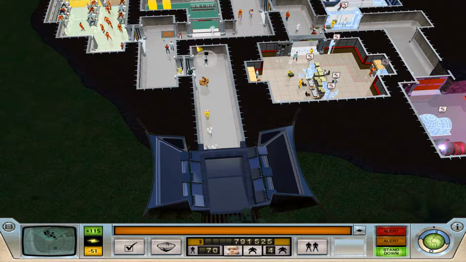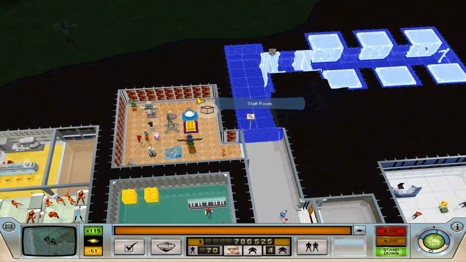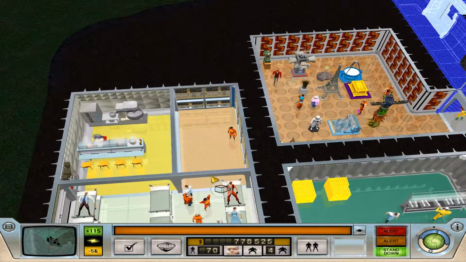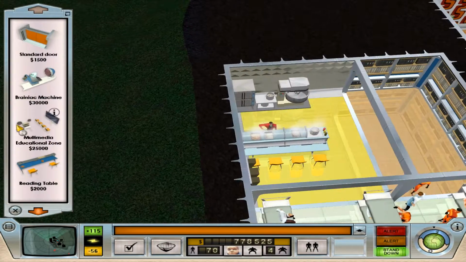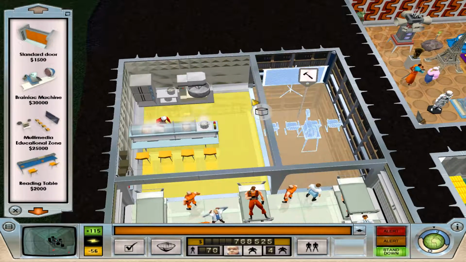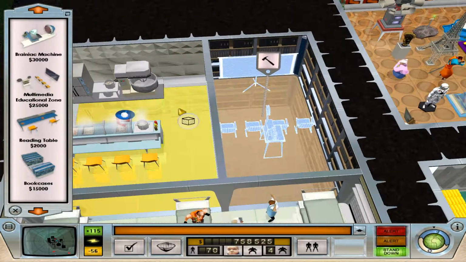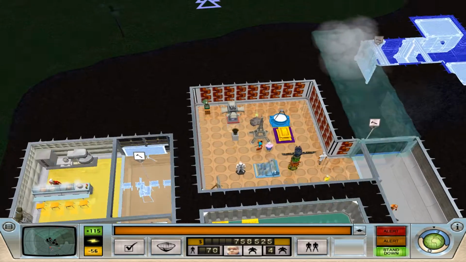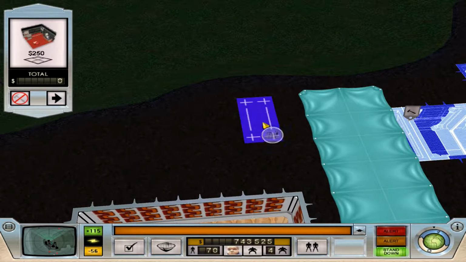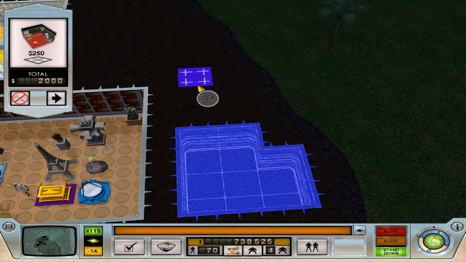On that note, I think since we have the control room up and running, let's see, these archives, they're lacking something. Yes, we can put down an educational zone here. I think that would be a good thing to have next to the kitchen counter. Now, how much room do we have here? We have enough room for